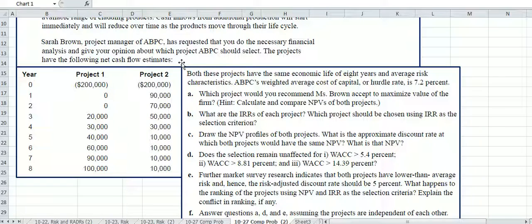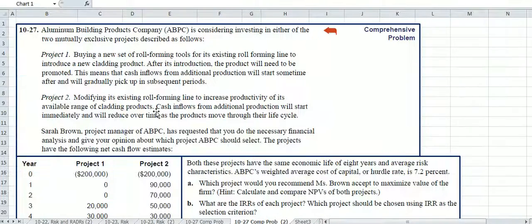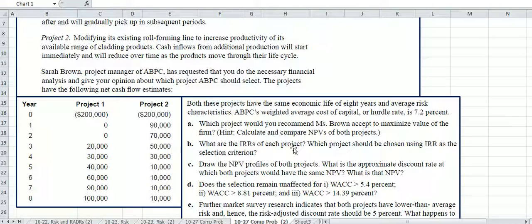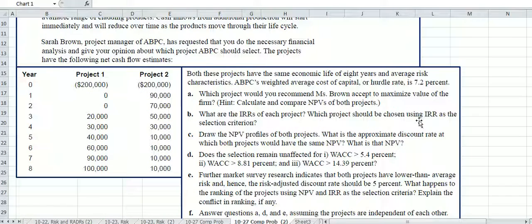So we're going to assume at the outset that they are mutually exclusive. So we're going to pick one or the other. Both of these projects have the same economic life of 8 years and an average risk characteristic. So we're just talking about average risk. And the weighted average cost of capital, or the hurdle rate, or we could also say the discount rate, is